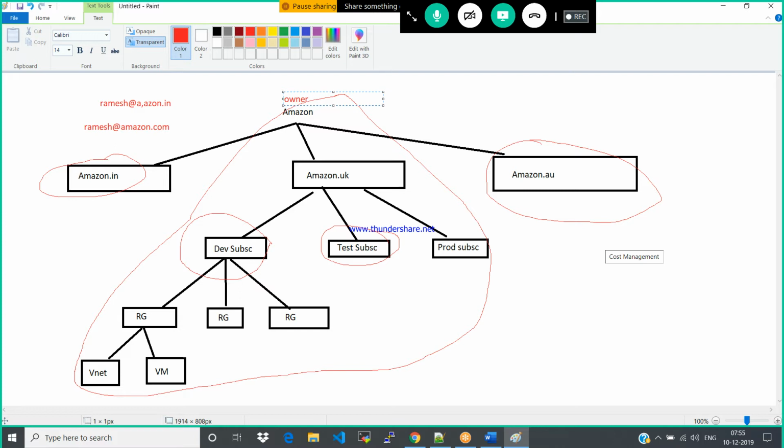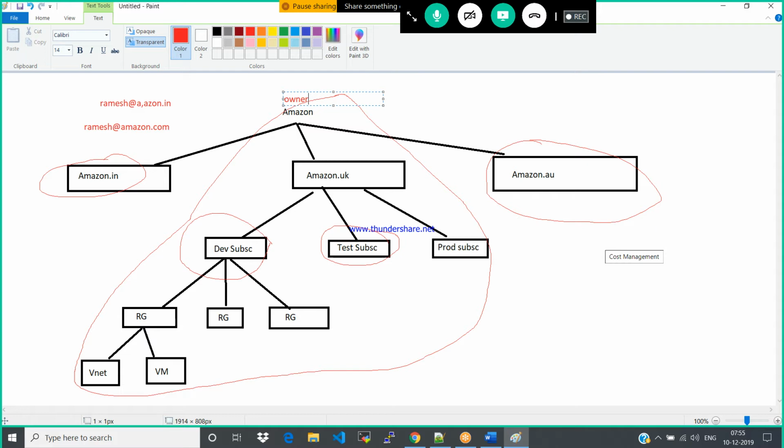Owner might have access to all the subscriptions and all the domains. Admin and contributor and user have only access to the subdomains. So we will see all in the AD, Active Directory, as part of this. Just have an idea about this.